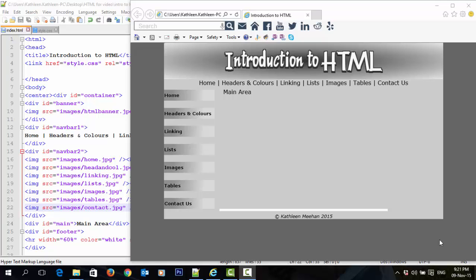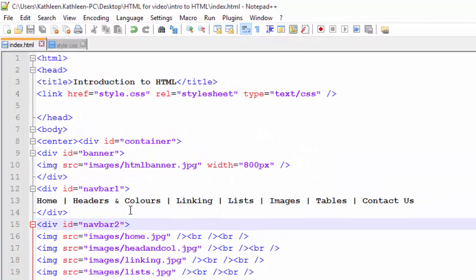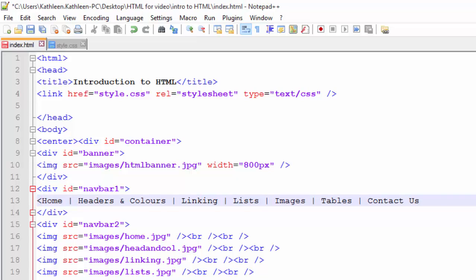Okay, so let's go back onto our index page, and the first ones we'll do are the horizontal ones. So I'm going to click right in beside the home, and I'm going to open this up, and again this is an anchor. We're going to put an anchor in, and this is an anchor that's going to allow us to refer to a reference. So now I've got to put in header reference,